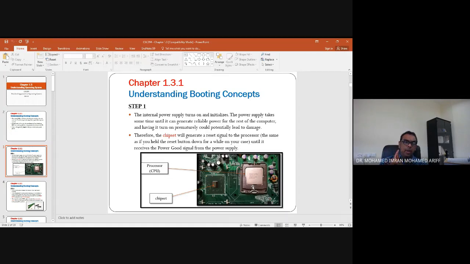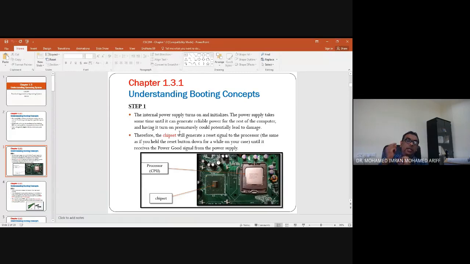Okay, that's number 1. Next, number 2 is you have to understand what is a chipset. A chipset also sits on the motherboard. However, it is not part of the processor or the CPU. It's something by the side. So when you first turn on your PC, the chipset will come into effect, chipset tu akan come to effect, before your processor starts.